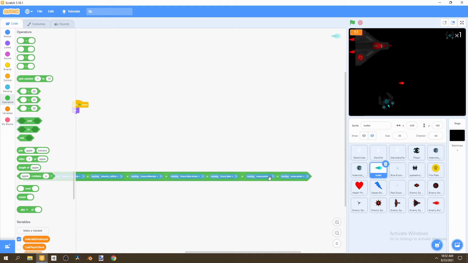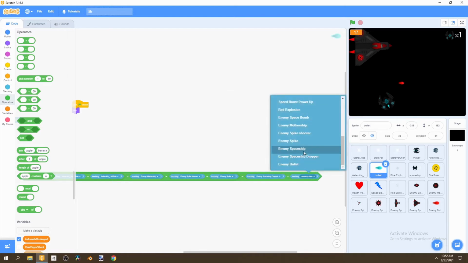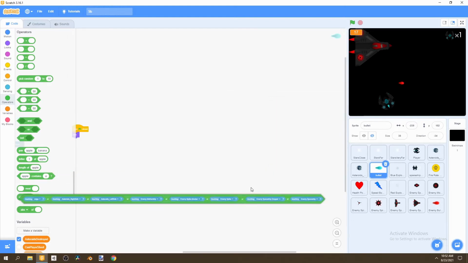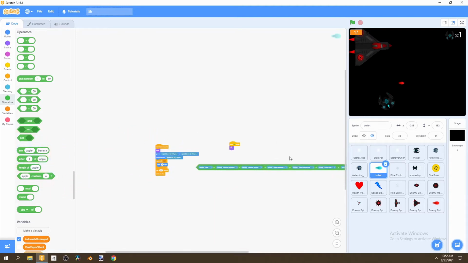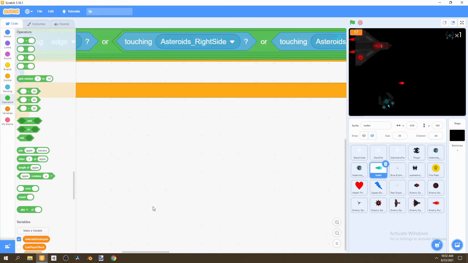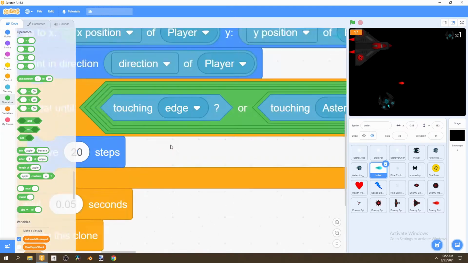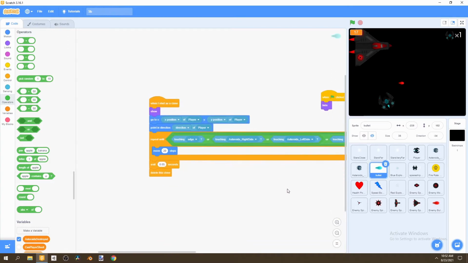And now we want to see if we're touching either our enemy spaceship dropper or enemy spaceship, and then we can grab this and put it right back in our repeat until statement. Where's the middle? Right here. Okay, now that we have a jumbled up OR operators, we can finally start setting up the different enemies in